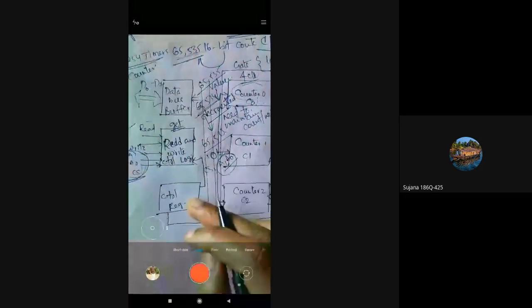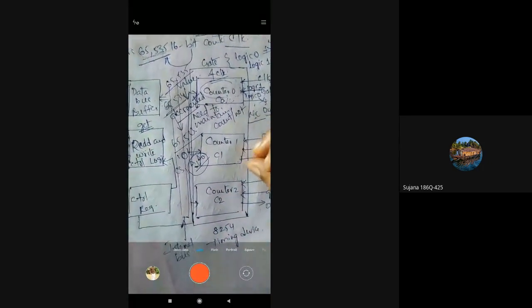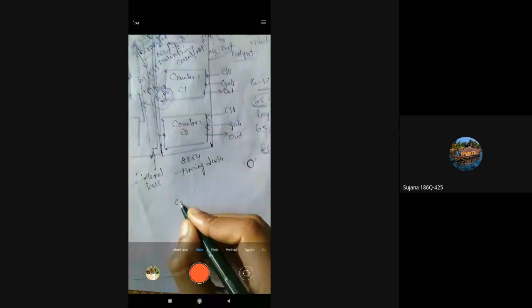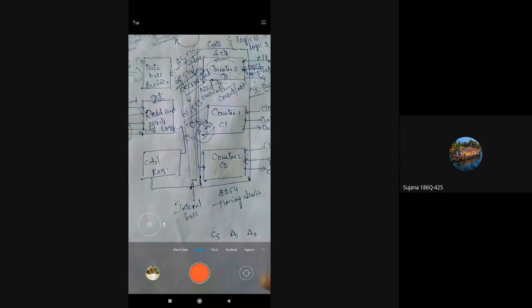Here A0, A1 and CS, based on these three signals along with the control logic, give you the address of the counter. So how will the counter get selected? Based on CS, A1 and A0. Based on these three only, any of these counters will get selected.